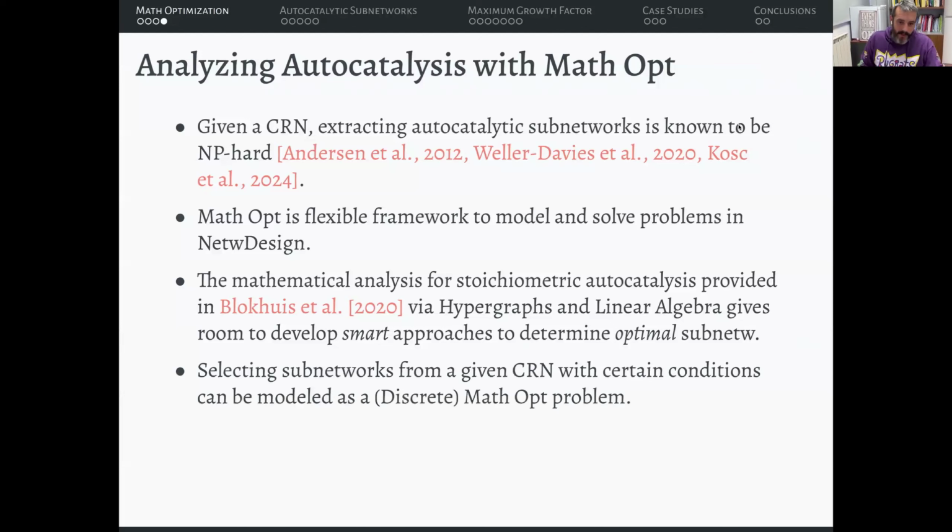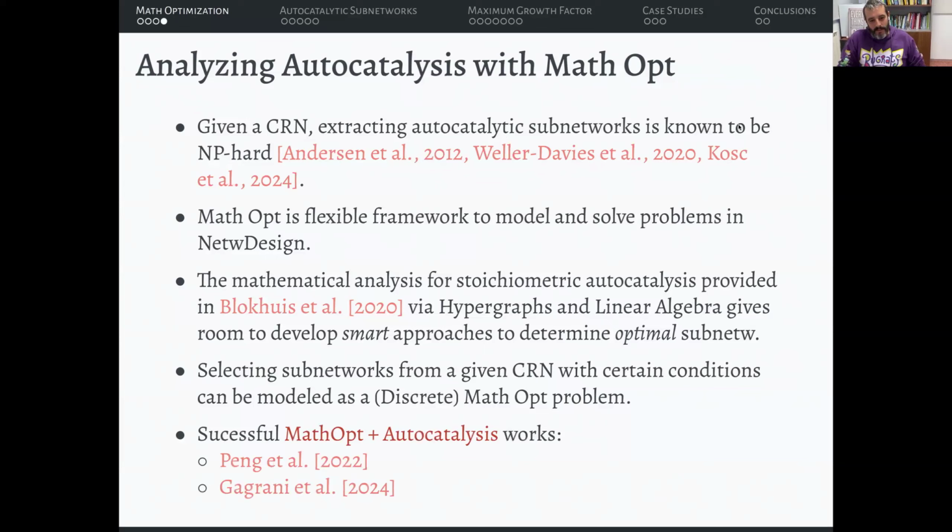And so I will model the problem first as a mathematical optimization problem, which is a very particular one, which is discrete. Discrete means that the decisions to be made are chosen from a discrete space, which is the case of most network design problems, because we will model the problem of selecting hyperarcs or hypernodes of a network. So it's a yes or no decision about choosing elements for a chemical reaction network.